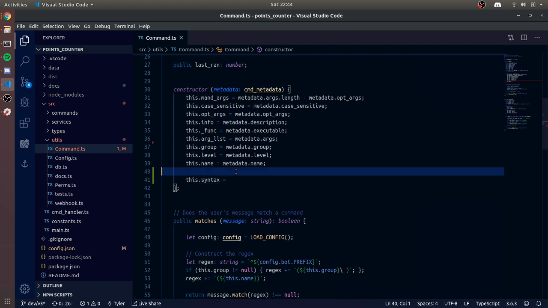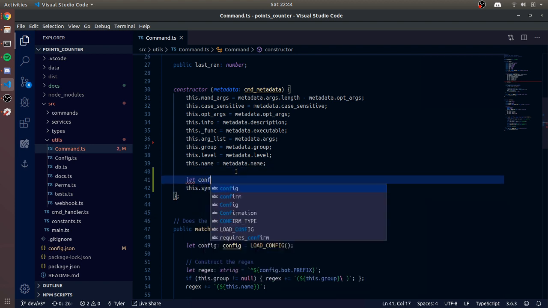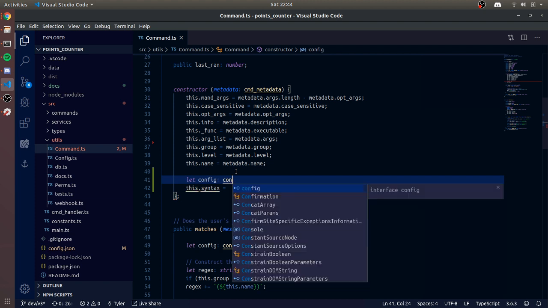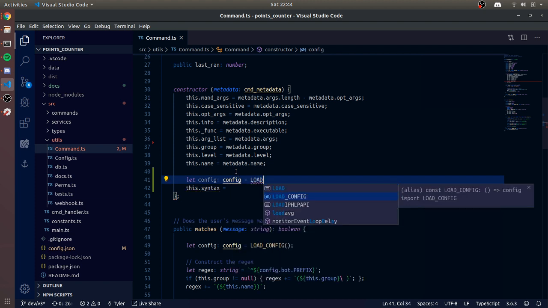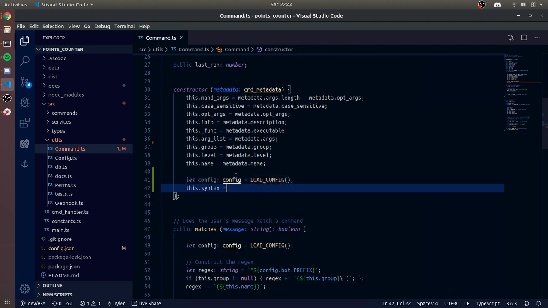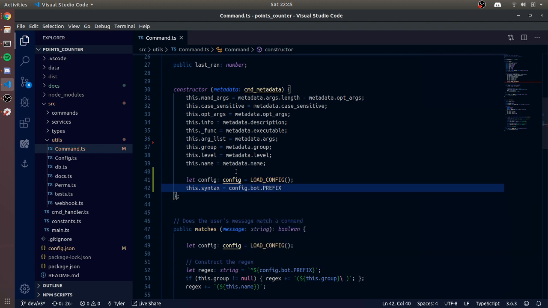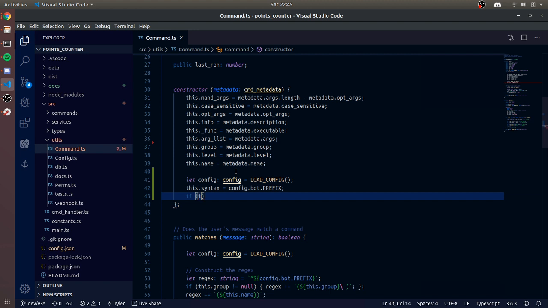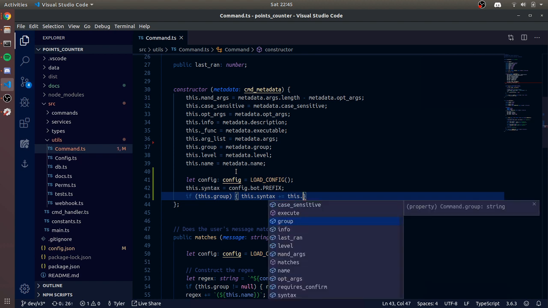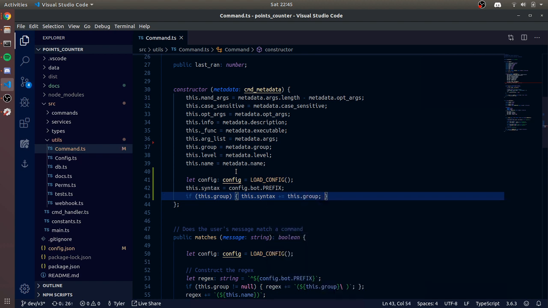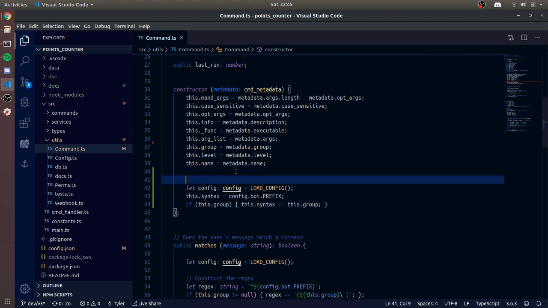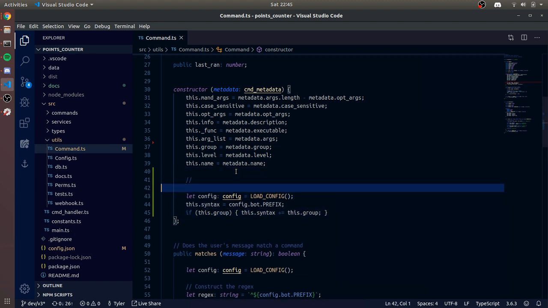This.syntax. I need the config. Let config equals loadConfig. And then this will be config.bot.prefix. And then if this.group, this.syntax add this.group. So right now, chicken, what I'm doing, just so you're aware and not just sitting there in the dark,